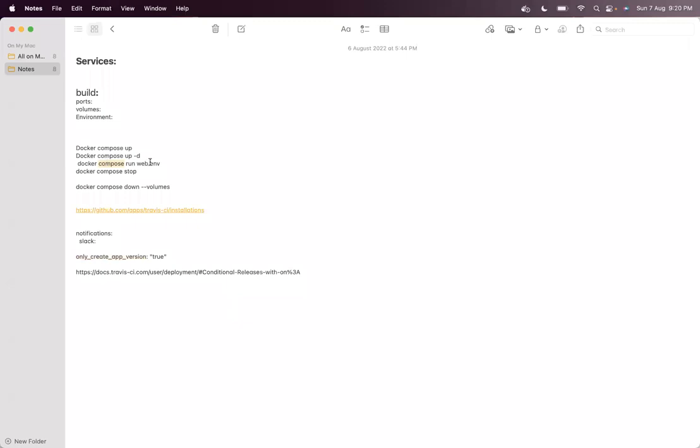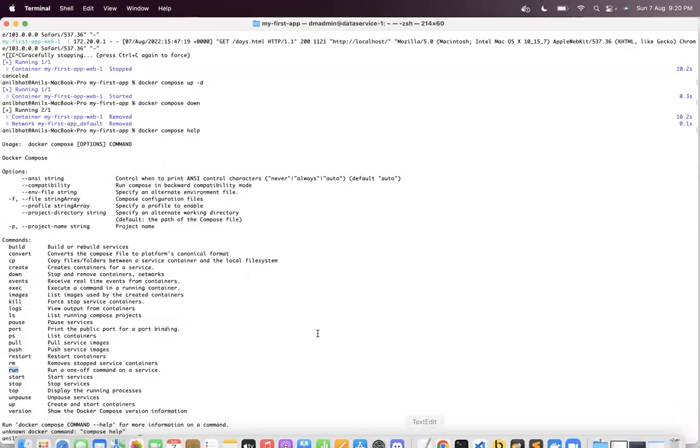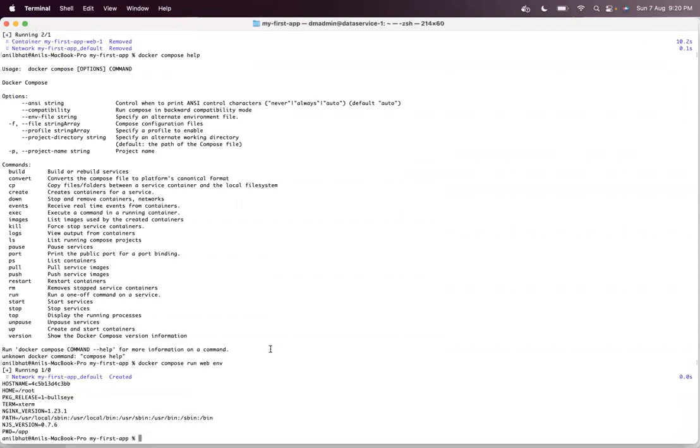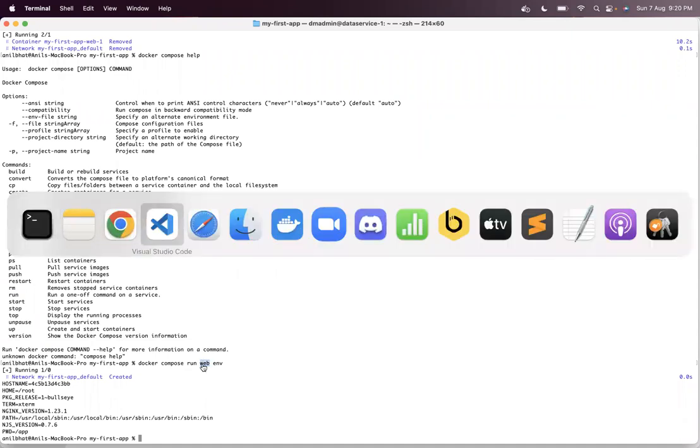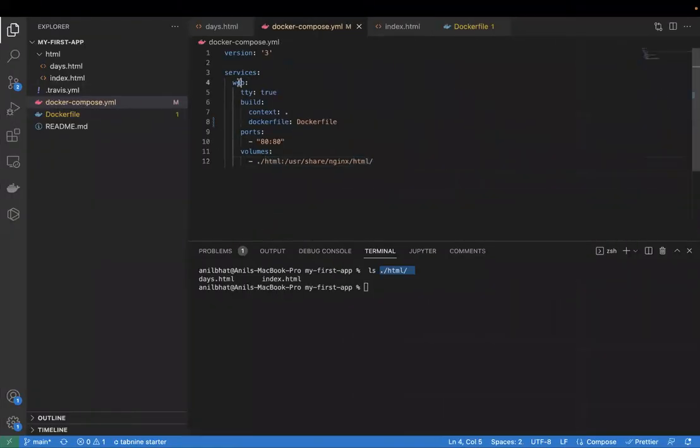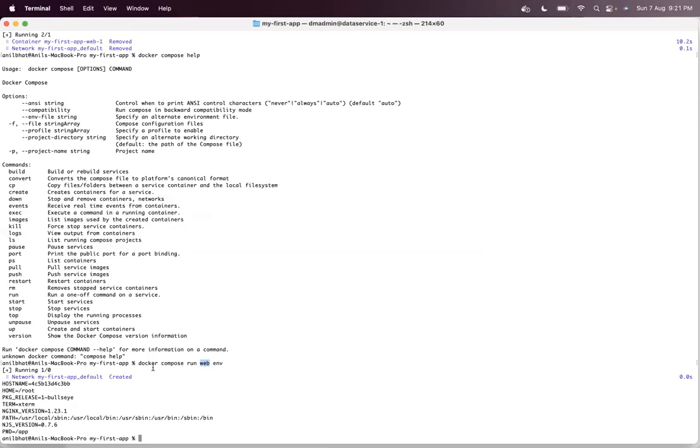Like for example, this is seeing the web-specific, server-specific version. So you can just type docker version out here, and you can see what is the specific build that you are doing under the service web. So in Docker Compose you have a service called web, right? So you want to see more details about the web, and for that purpose you can run this particular command.